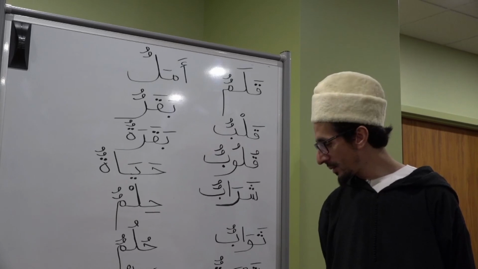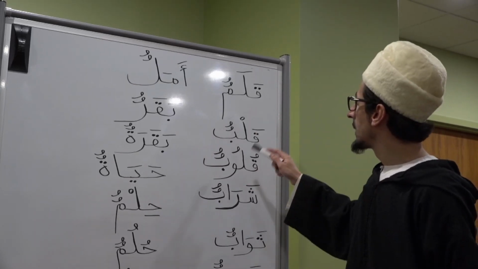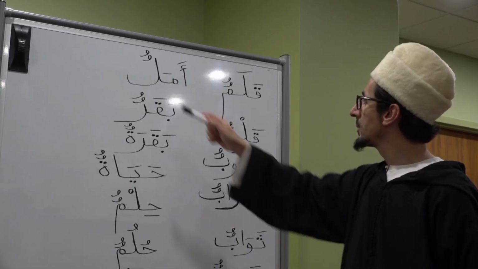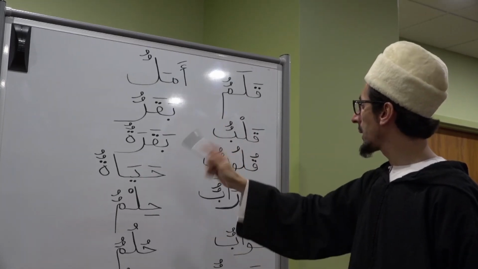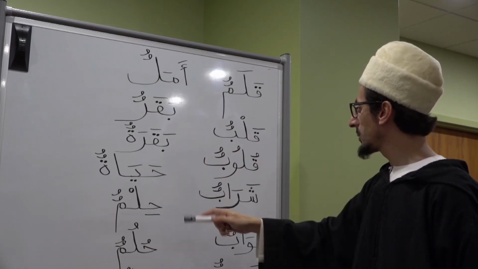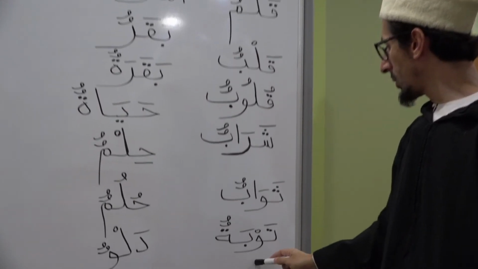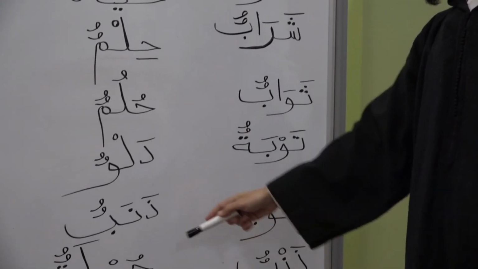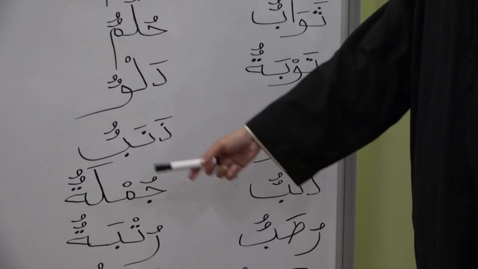So make these nouns definite again. قلم, أمل, قلب, بقر, قلوب, بقرة, شراب, حياة, حلم, حلم, ثواب, توبة, دلو, ذنب, ذنوب, ذنب, جملة, رتبة,